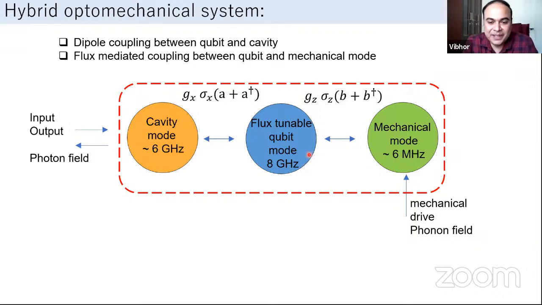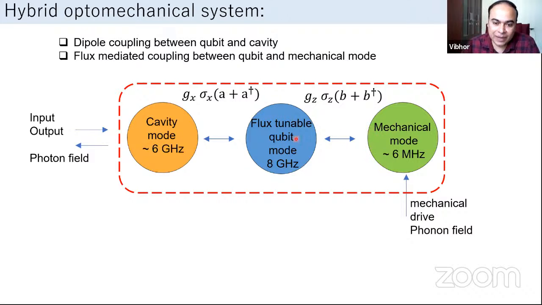All right, so let me summarize the device that I just introduced. What we are looking at is a flux tunable qubit, and it has been designed at a frequency of 8 gigahertz, and it couples to a cavity mode through this typical Rabi coupling, transverse coupling, and the cavity frequency is designed to be a 6 gigahertz mode. To interact with the qubit, we can interact in two different ways. We can send in microwaves to the cavity, and this is basically a photon field, and look at the output that comes out.